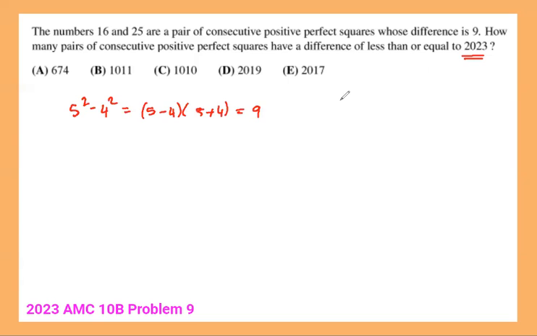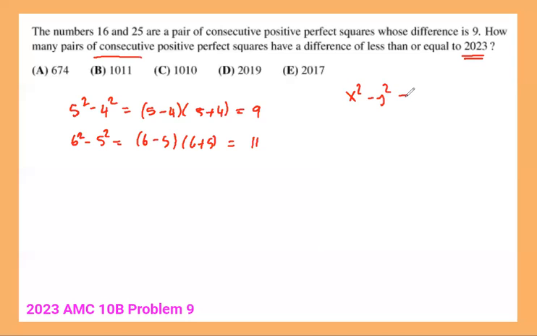And that is another place for us to use the difference of squares. If you look at the next one, for example, 6 squared minus 5 squared, that is 2 consecutive perfect squares. The difference would be just 6 minus 5 times 6 plus 5, which is 1 times 11, which is 11. So as you see, the difference between any two consecutive perfect squares is just the sum of those bases, which is really nice. And if you have two perfect squares, let's say x squared minus y squared,